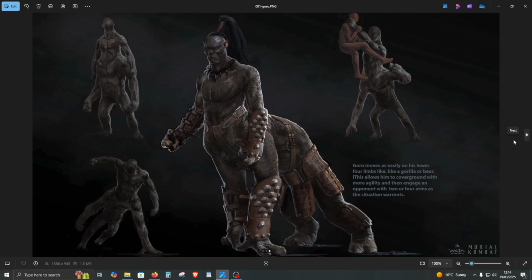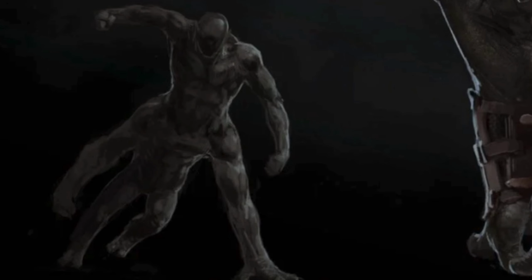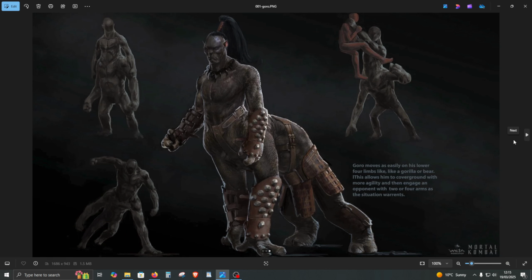What was the thought process behind this? I don't get it. Oh, we need to make Goro. And they just had a quick skim through of Mortal Kombat characters, and then this is what they remembered. What is going on? And the one on the bottom left, he looks like a normal man, but instead of a tail between his legs, he's got 2 massive legs and a 6-pack. He's got a 6-pack between his legs. You know what? I gotta give some credit here. Whoever made this concept art could really make a great horror game, I have to say. Let's move on to the next one.